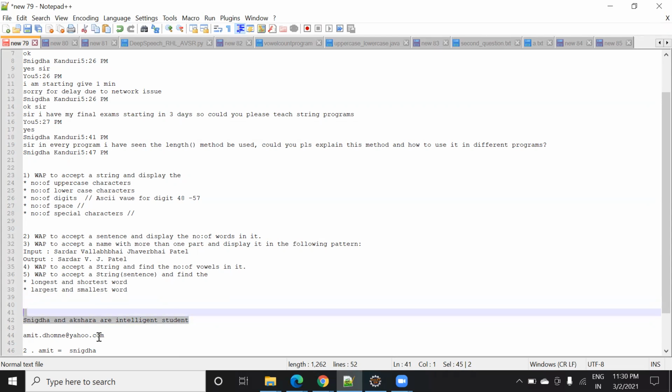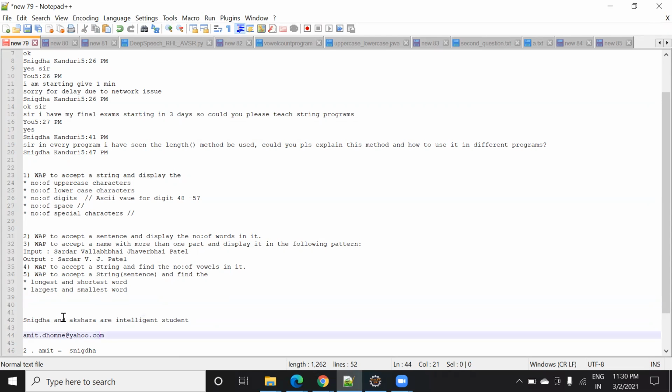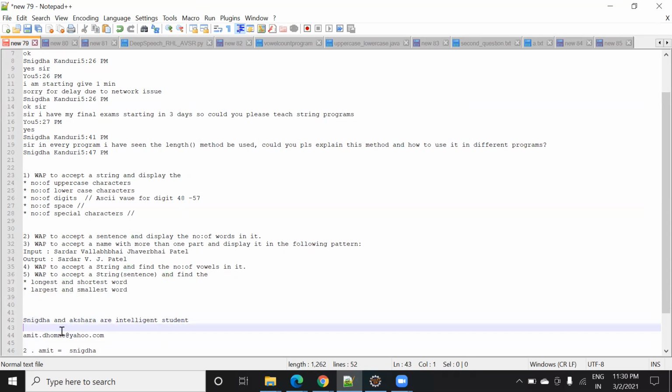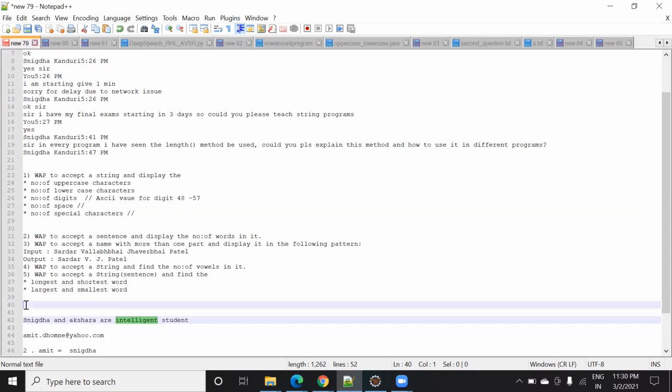In this sentence, if I ask you to find the largest and the shortest word, the smallest word might be this one, and the largest word might be unintelligent. So what is the criteria for the largest and the smallest word?